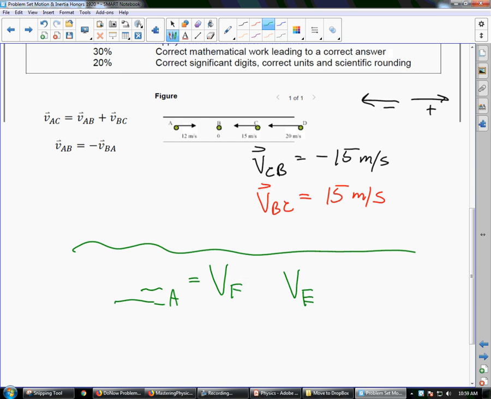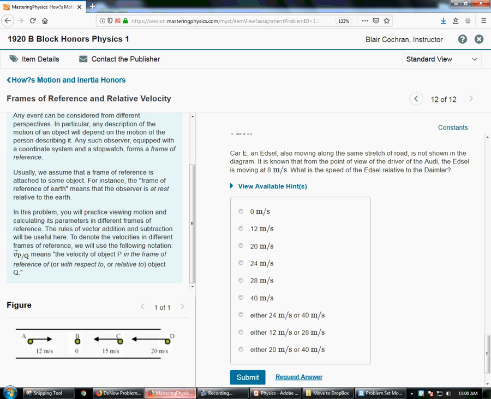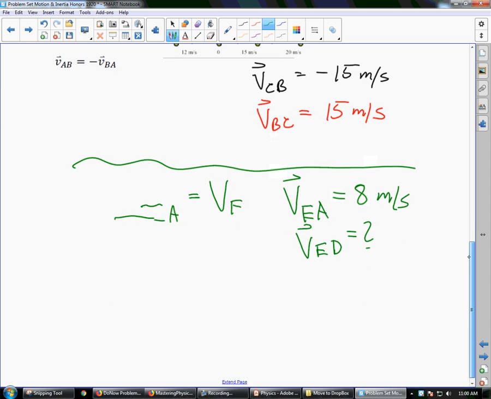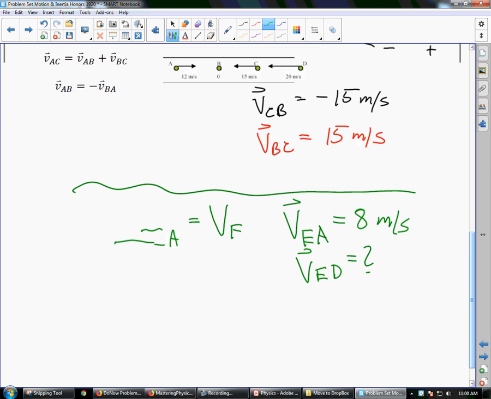Velocity of the Edsel from the Audi is 8 meters per second. Right? What is the speed of the Edsel relative to the Daimler? So we want to know velocity of E with respect to D. So I'm going to use this equation up here. I'm going to say, well, the velocity of the Edsel, E to D,